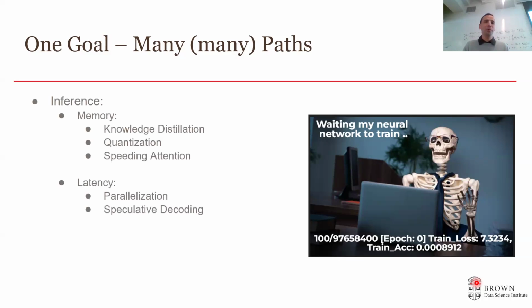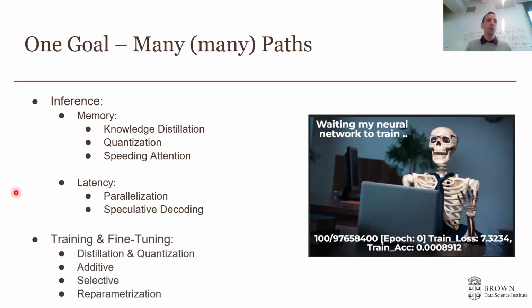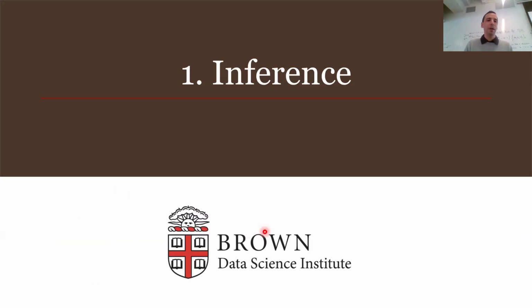So when we talk about improving efficiency in inference, we have generally two types of methods: methods that improve memory and methods that focus on latency. Of course, reducing memory improves latency, but latency-focused methods don't always improve memory. I will explain that later on. And we're going to cover fine-tuning and training. We're going to circle back to some of the methods we see in inference and talk about parameter-efficient tuning and all the sub-methods of that. Right. So let's dive into inference. Before I start, any questions about that?